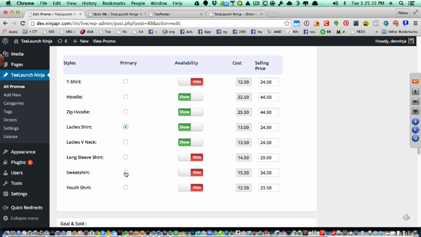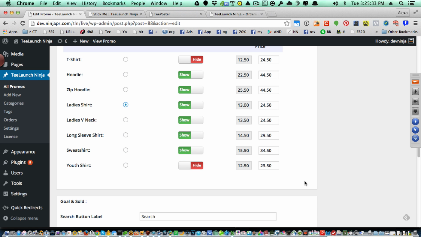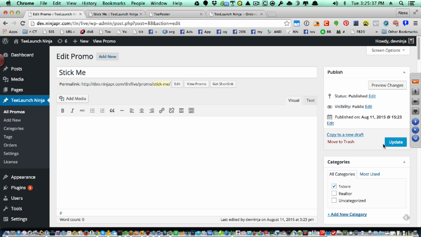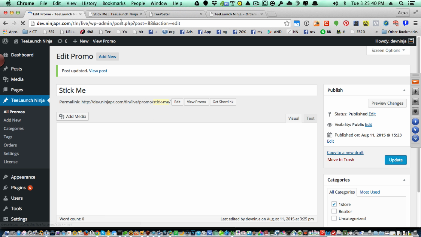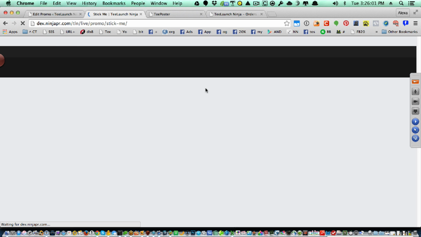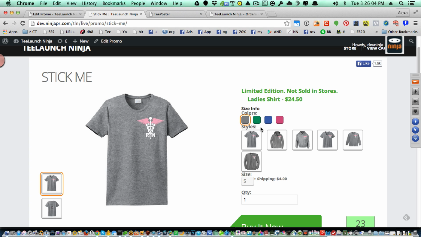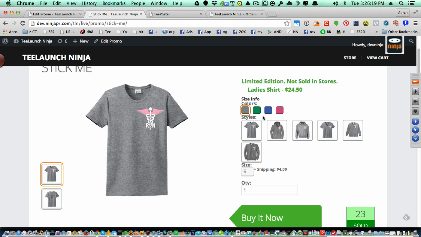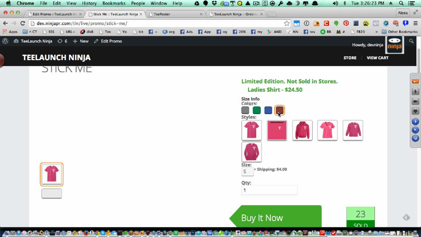And let's just add a couple more shirts. So now we have the ladies shirt as our primary. We've added 5 or 6 more to the shirt campaign. And so when I refresh the shirt campaign, we'll see now that we actually have the other extra colors we added, the extra styles we added, including a zip hoodie and a hoodie and the long sleeve shirt and the sweatshirt, and these additional colors that we've added in